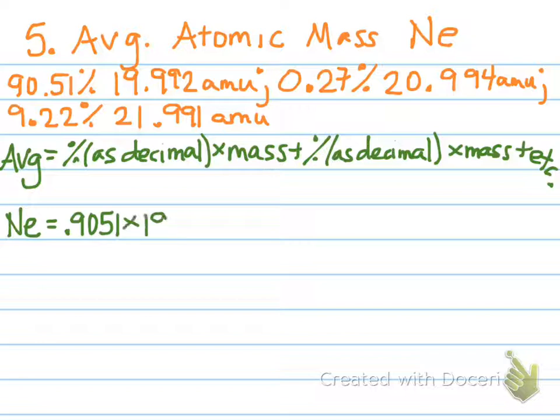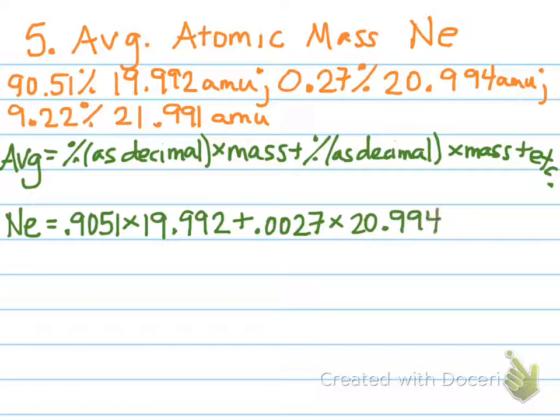My first mass is 19.992 plus, now 0.27 as a decimal is actually 0.0027. So I still have to move my decimal 2 places to the left. Okay, times 20.994 plus 0.0922 times 21.991. Again, when you do that on your calculator, you should get an answer of about